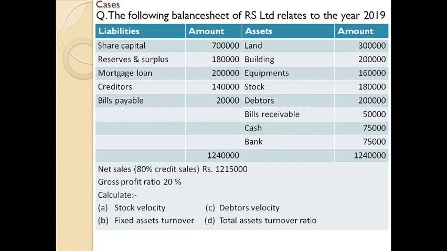The meaning of gross profit ratio 20%. You will learn this gross profit ratio in further coming sessions. But before going into further sessions, you need to understand that whenever gross profit or any related factors relating to gross profit is given in percentage like this, which we have seen here, here gross profit ratio is 20%. It means that gross profit is 20% of sales.